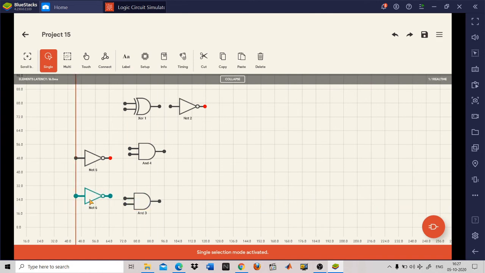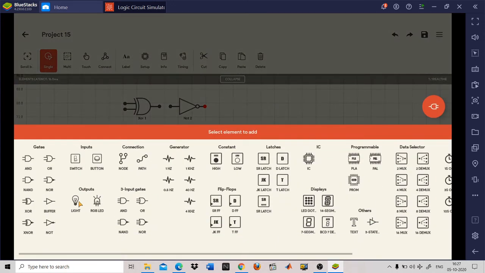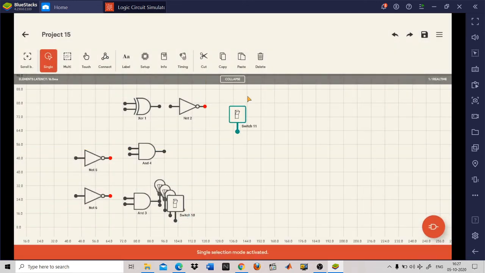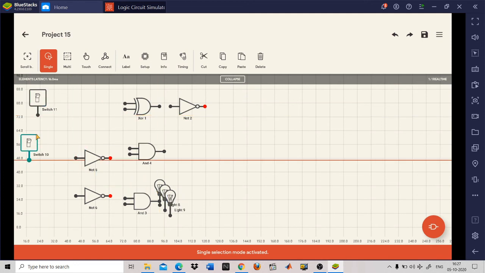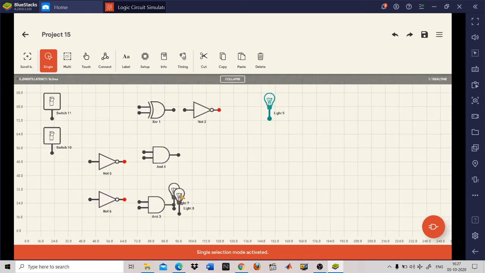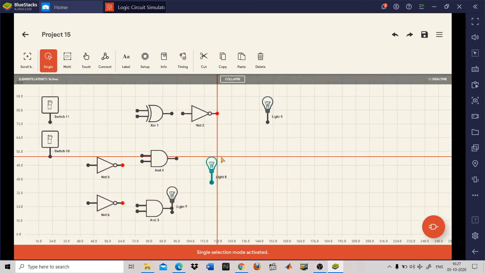Now please come here. So you take two inputs and three outputs. For output you can take any type, that is alarm, buzzer. That's your choice. So we'll be taking light for the output. So we'll be requiring three outputs and two inputs. So this will be here. These are the two inputs. We will be giving it to our logical gates, and this will be y2. Then first trigger came.